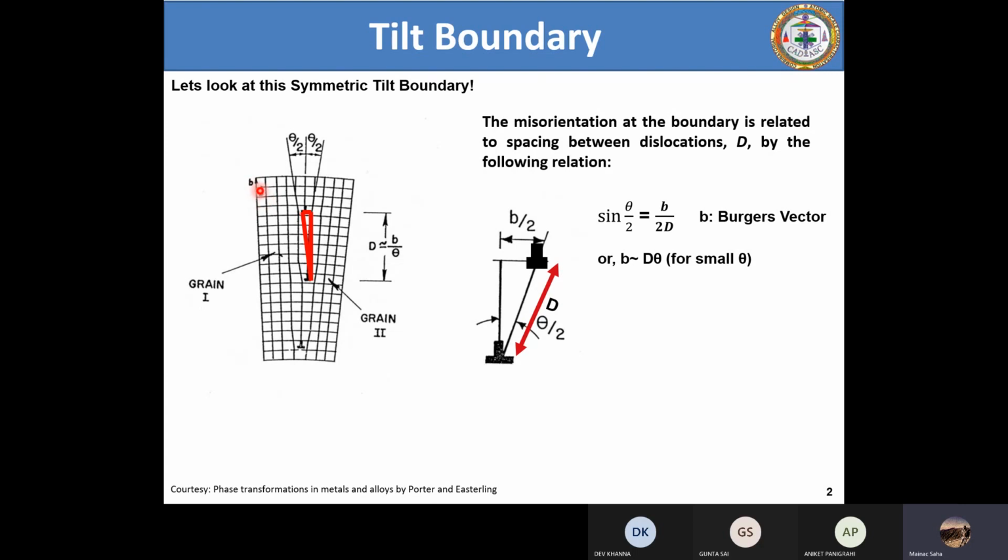But now, if you have an iron atom here, an aluminum atom here, or an iron atom again and a nickel atom in between, for example, recently there is a huge trend of working in high entropy alloys, where you have different atoms at different intersections. Then you cannot talk of b, because for iron the Burgers vector is different. Why? Because it has a different lattice parameter and crystal structure. Iron's room temperature crystal structure is BCC, alpha iron, right? And aluminum will have its own room temperature structure.